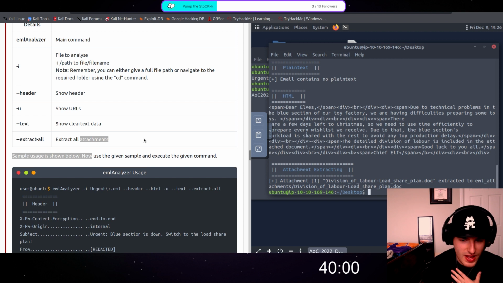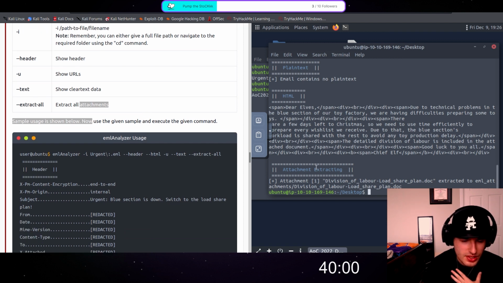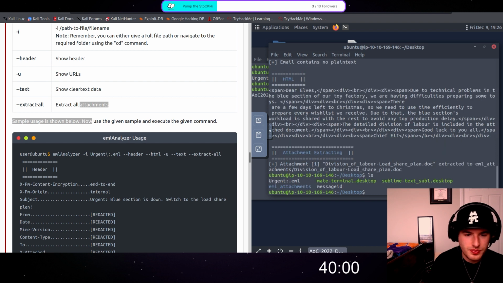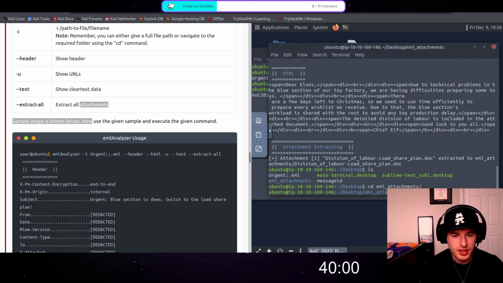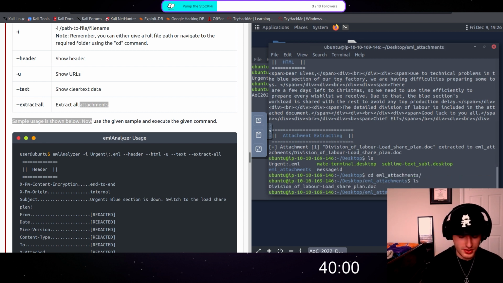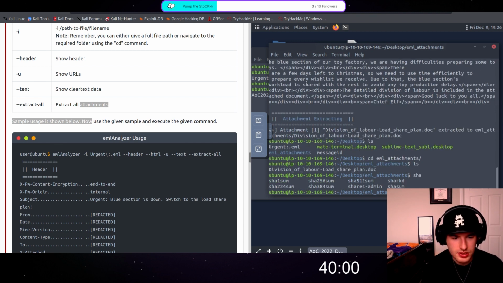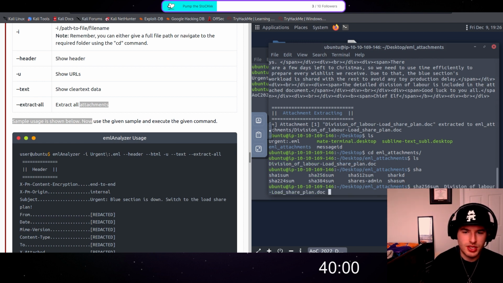So did that save it as a file somewhere? Let me hold up. If I ls. Oh wow, yeah, it just did it right there. So I can go in here, and I have this, and I think they were saying to do the SHA256 sum, and you know, this is just a